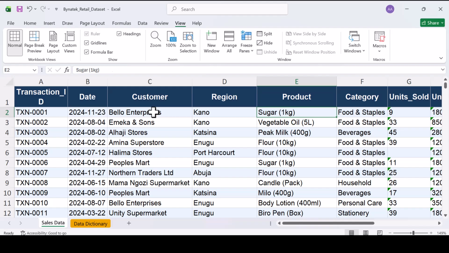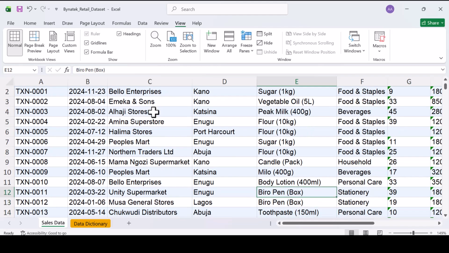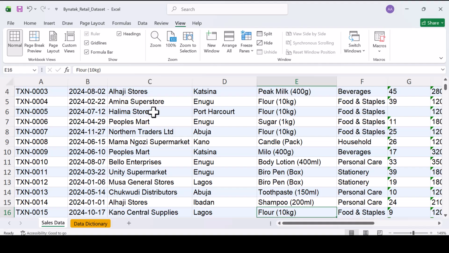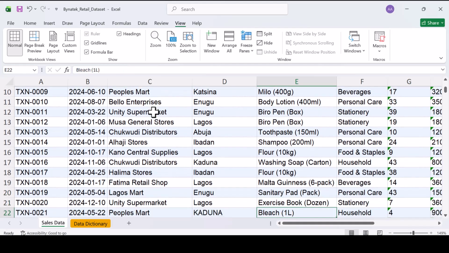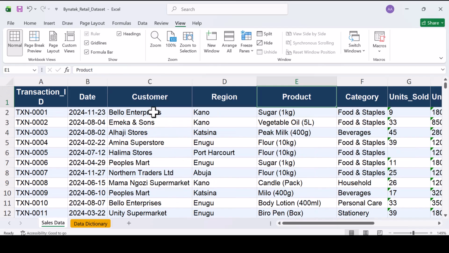So products, there are a lot of products here with their sizes, maybe box and the rest, packs, sanitary pad. A lot of things are in the product column. We'll see more of it later. All right, so